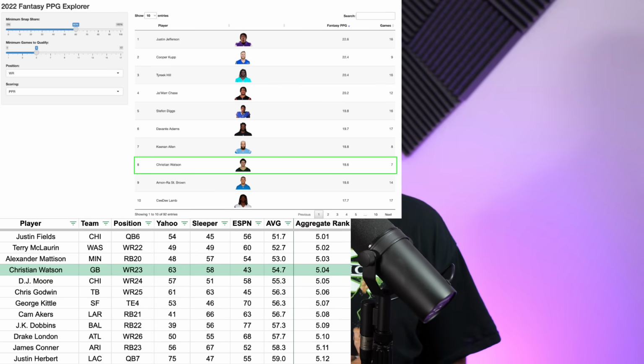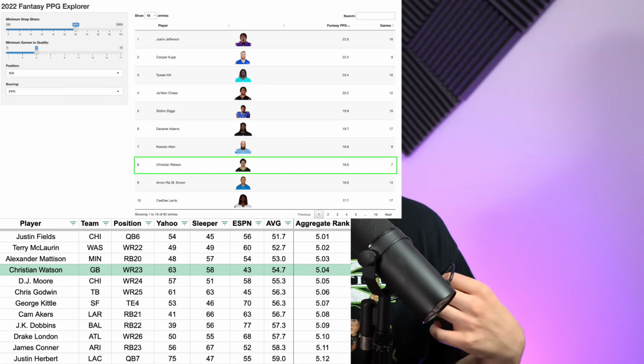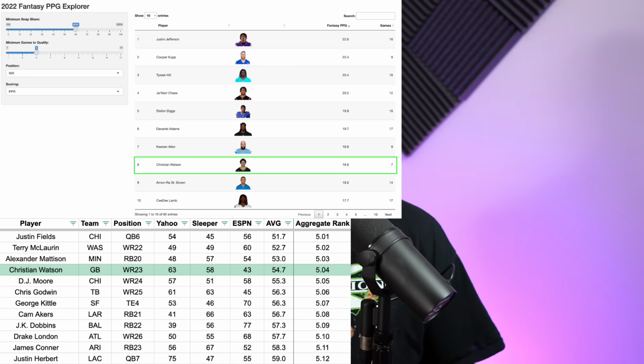If we look at games where wide receivers played 60% or more of the snaps, there's a guy in Christian Watson who was hurt a bunch last year, and just early on in the season, he just couldn't get healthy. He had a concussion and some scrapes and some bruises. But in games where he played, he was a monster. He was the wide receiver 8 in points per game in games of 60% or more of the snaps here, right next to Keenan Allen, ahead of Amon-Ra St. Brown, ahead of CeeDee Lamb, and that was as a rookie wide receiver last year.